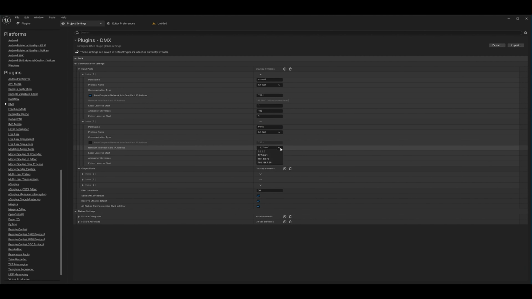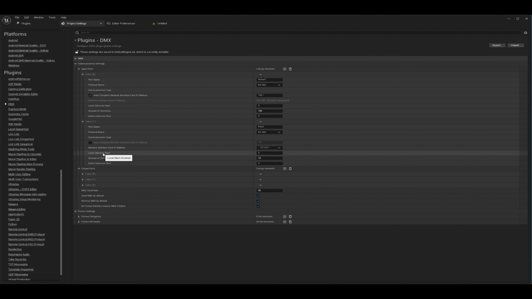And then you can either pick the network card discretely, 0.0.0.0, we'll pick the default one, or you can use the autocomplete feature, which will figure out which NIC best matches what you give it. So if I give it 192, I get this, and if I give it 10.*, then I'll get that. And that's how that will work.